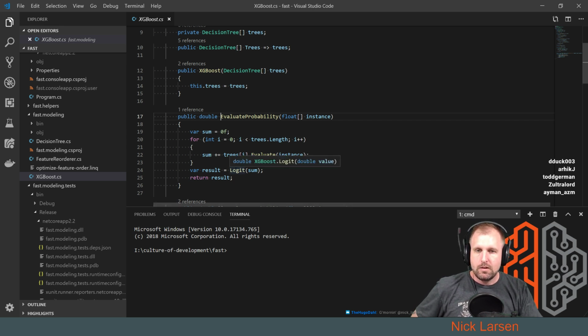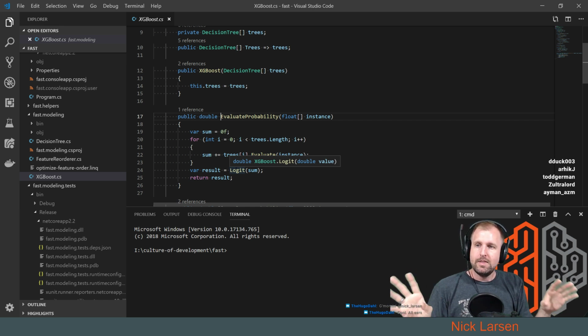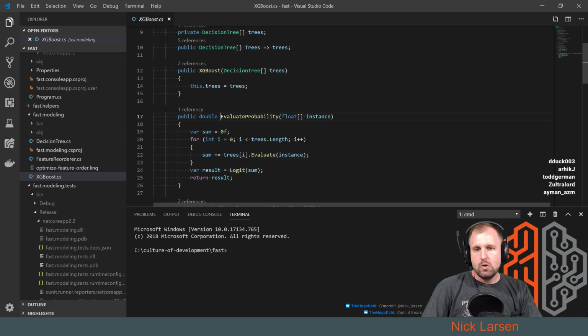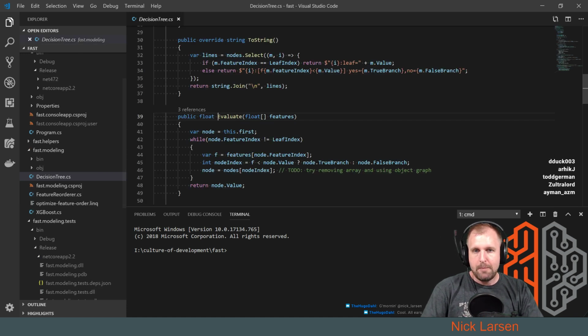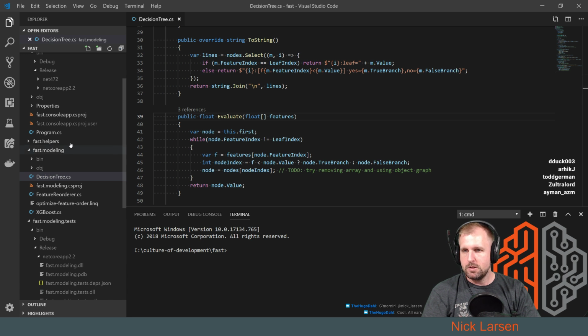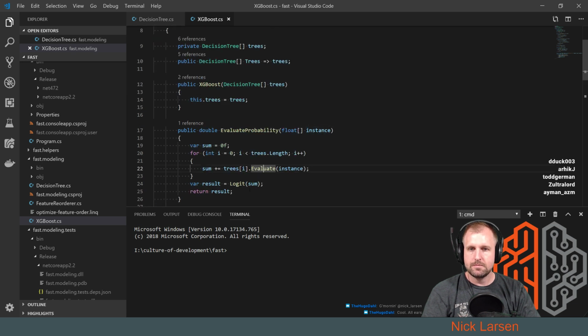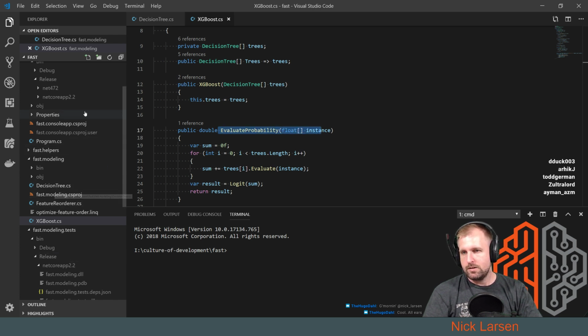So to rewind a minute, cache locality turns out to be the problem. What was not the problem was reordering of the features. The reordering of the features was a bit of a red herring because it happened inside the actual evaluate function. This is the very smallest unit, but if we step back one level and take a look at these, what this is doing is saying for each tree, go and run this evaluate function. And we're calling this in the actual test,